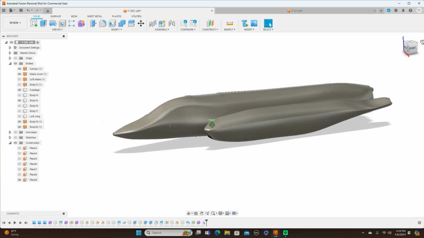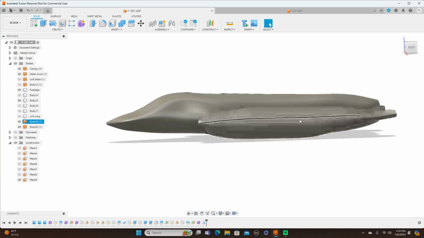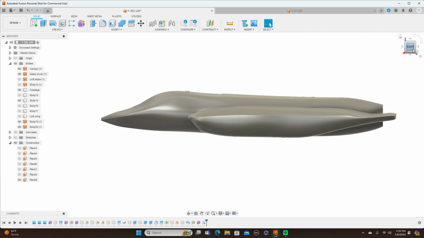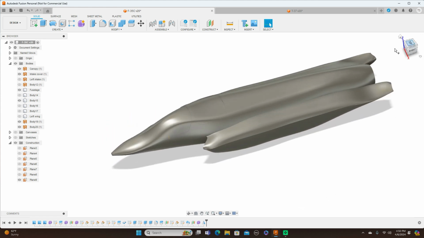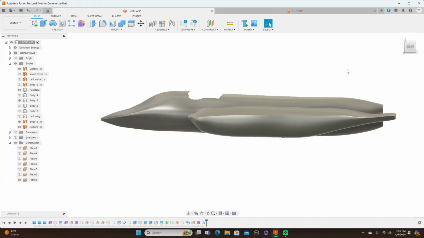But in the next video, I'm just going to go ahead and show you guys how to put the wings on here, the vertical stabs, and the horizontal stabs, and maybe a few other little things on here, little scale stuff like that. But yeah, so if you're wondering how to do this here also, I'll show you how to do the cover and all that stuff like that. All I did was